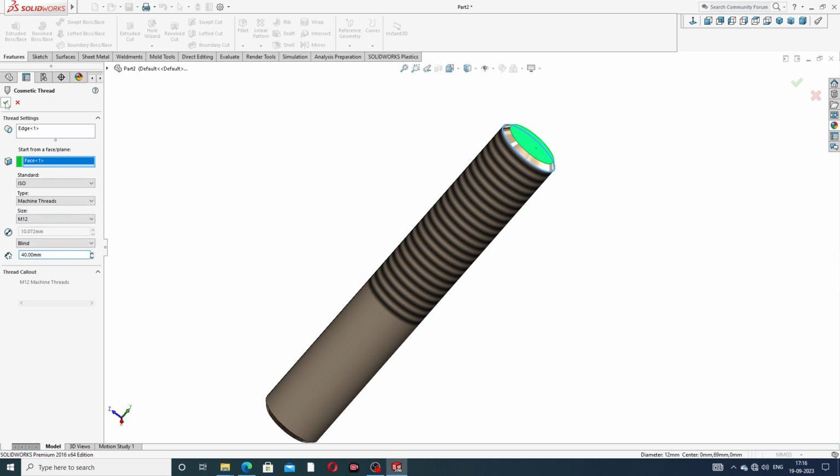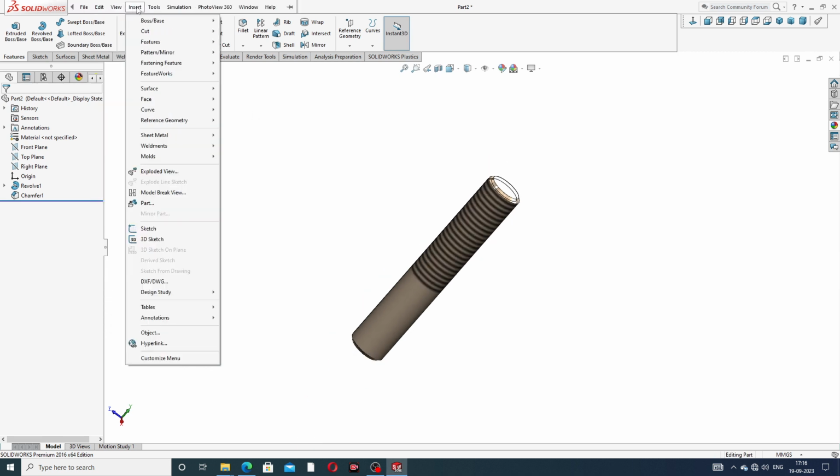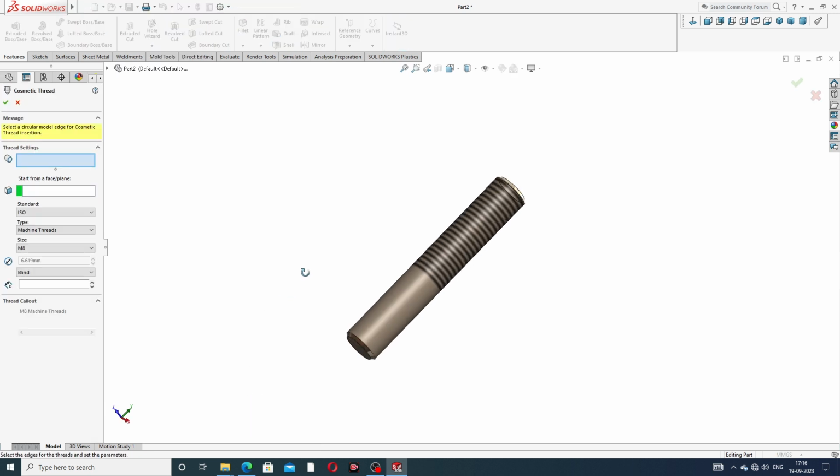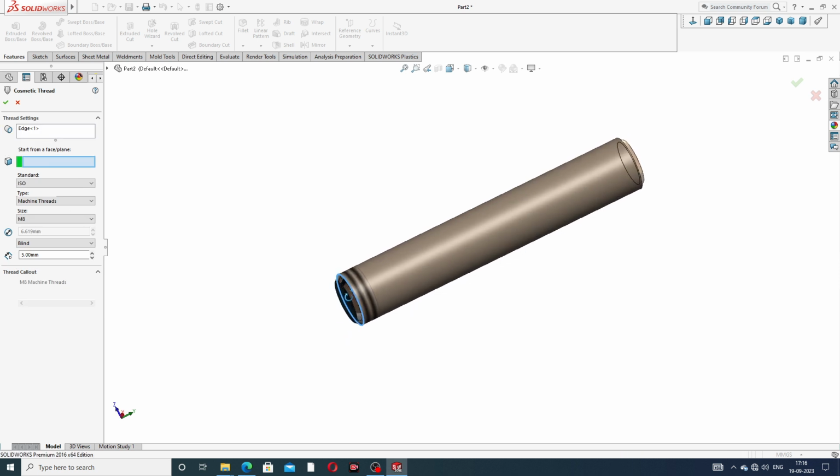Okay, all is perfect and click OK, and again select insert, annotation and cosmetic thread, and this edge is selected here, and this face is also selected here. Okay, ISO and machine thread and size is M12, and go to this length distance, 14 millimeters.